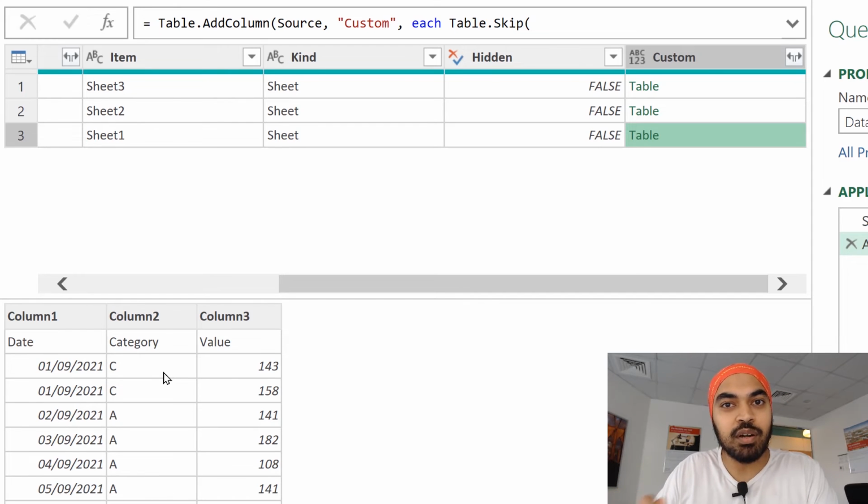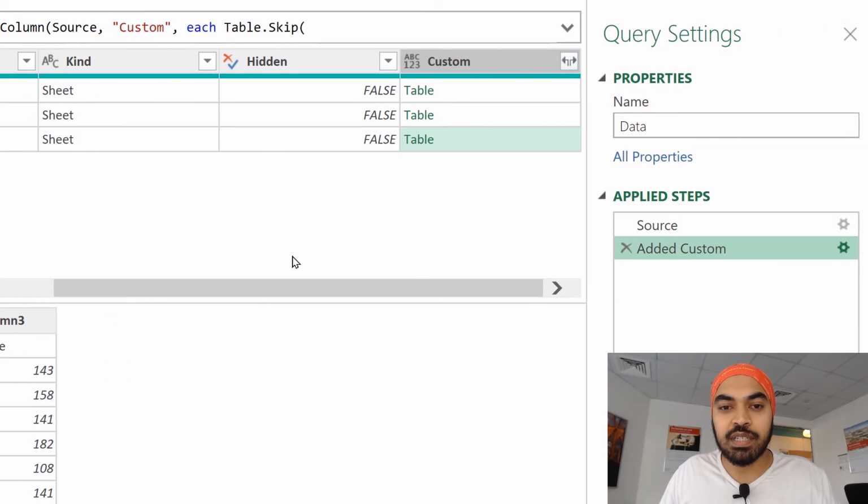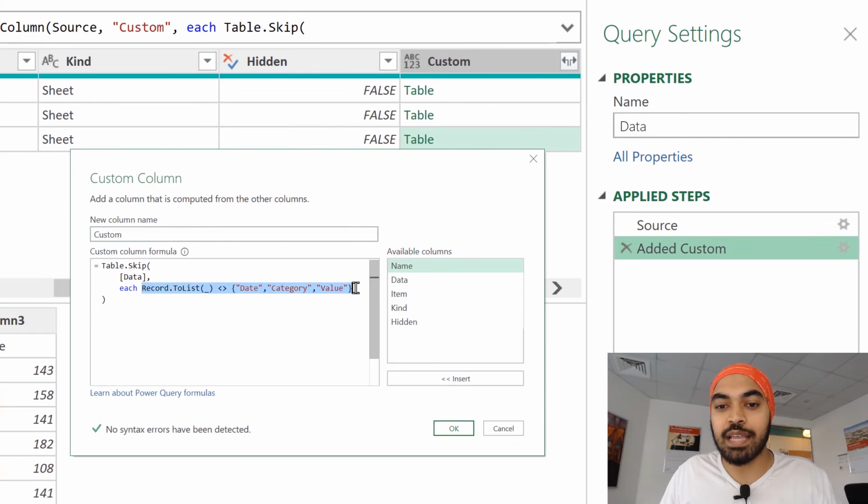Now, one thing that you have to understand about the condition that you write, this particular condition is going to stop working as soon as the condition becomes false. Till the time the condition is true, it will keep removing the rows. As soon as the condition becomes false, this stops to work, right? Because it's actually removing the first few rows of the data. All right, let's just click on cancel.